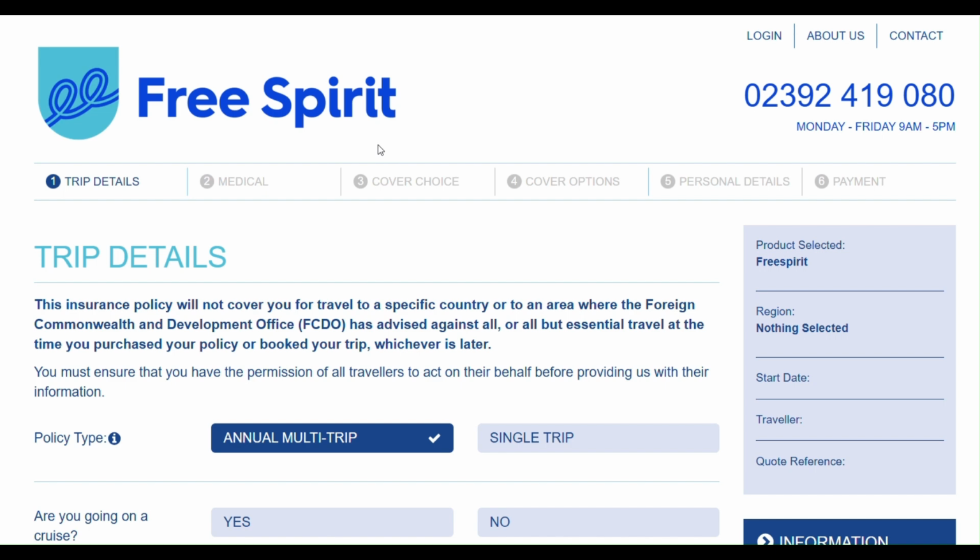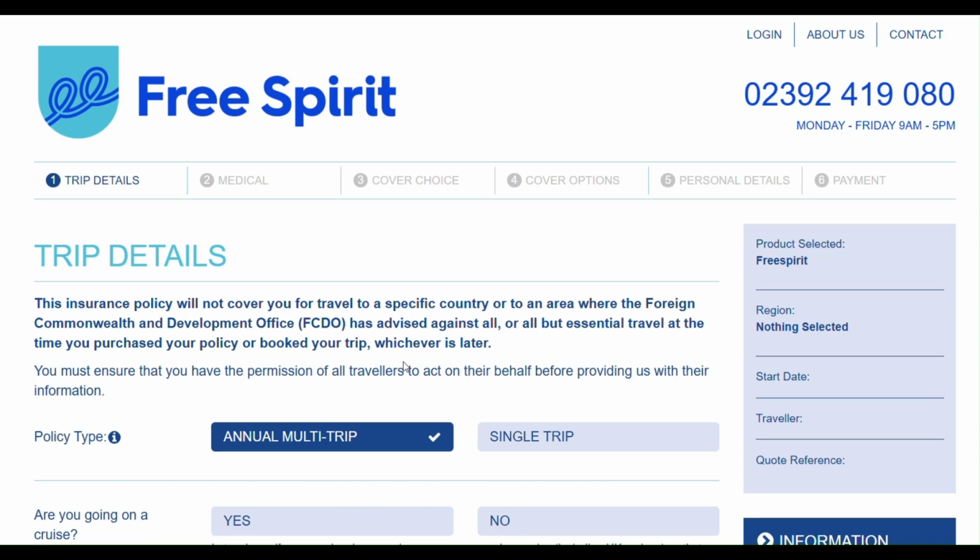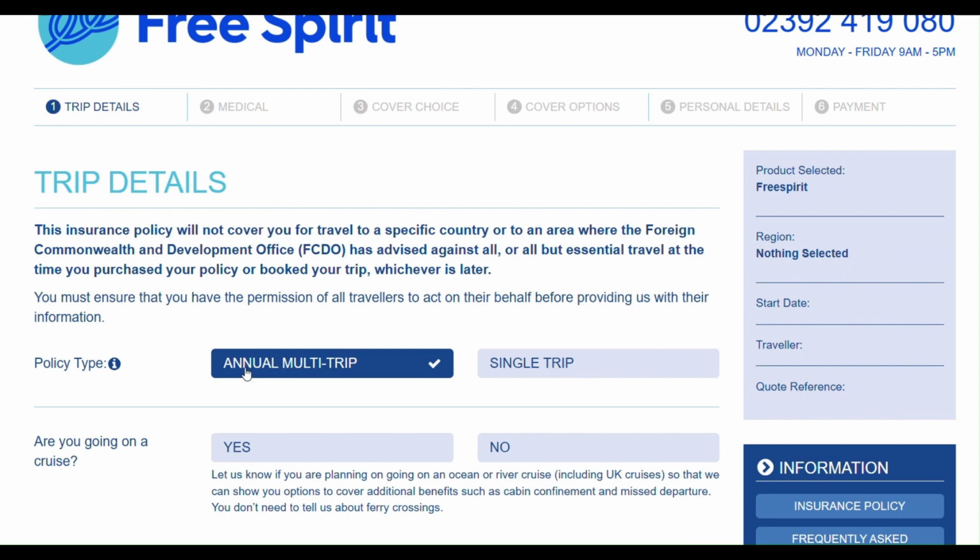Okay, so for this how-to guide, we're going to look at how to get an annual multi-trip quote on our Free Spirit website. So once you've clicked to get a quote, this is the page you'll be faced with. It does automatically select the annual option. So if you are wanting a single trip, you can change it, but for this example, we're going to leave